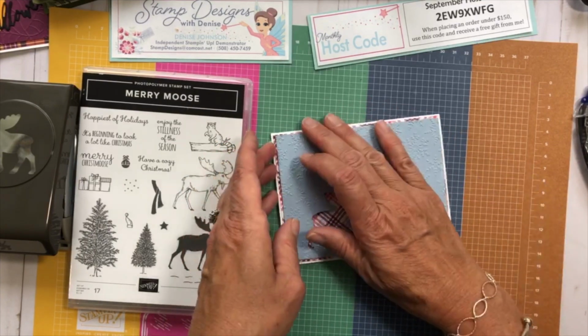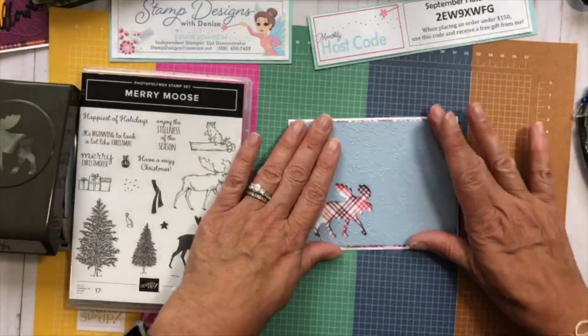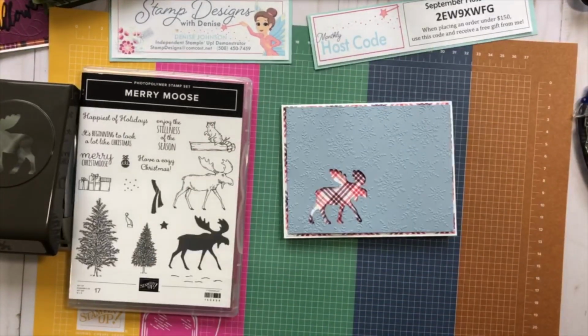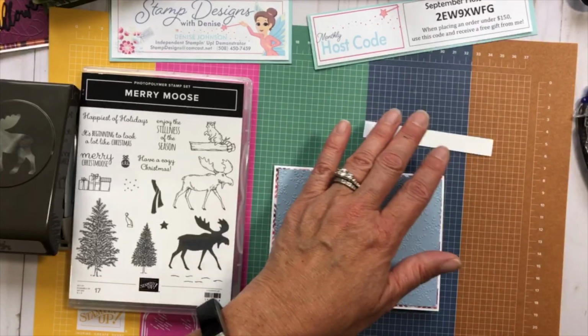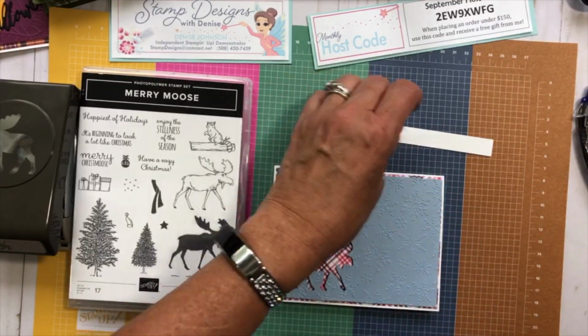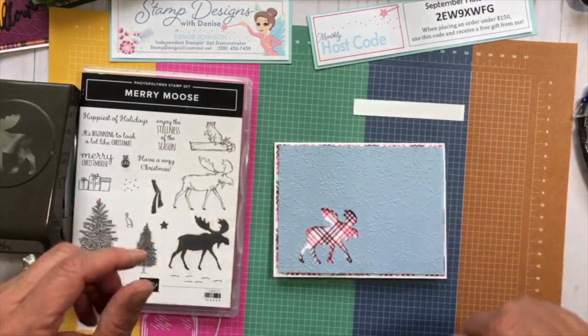Him on my plaid paper, a little crooked. Okay, and then I have a 1/2 inch piece of scrap paper. I'm going to use this piece, and then I'm going to stamp my sentiment